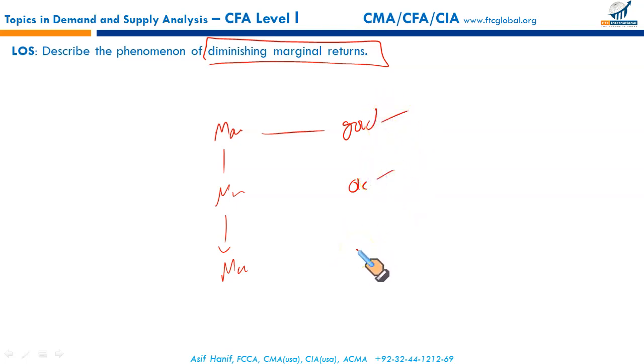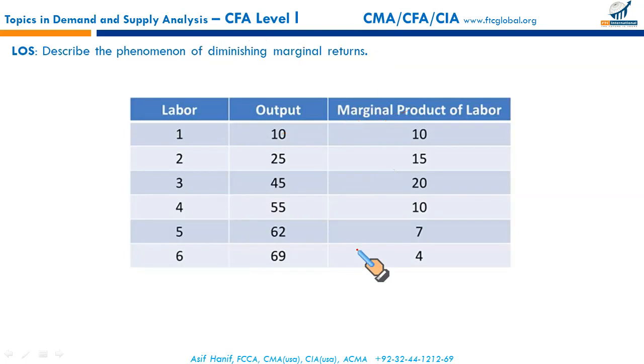So this is the idea of diminishing marginal return, and let me explain this with the help of the table. Now this is the output. When the first labor was input, output was 10. When we added another labor, output rose to 25. This is the marginal return, an additional worker brought in 15. So as you can see, we are increasing our number of input labor, but output is increasing diminishingly. Output is increasing, but in a diminishing fashion.